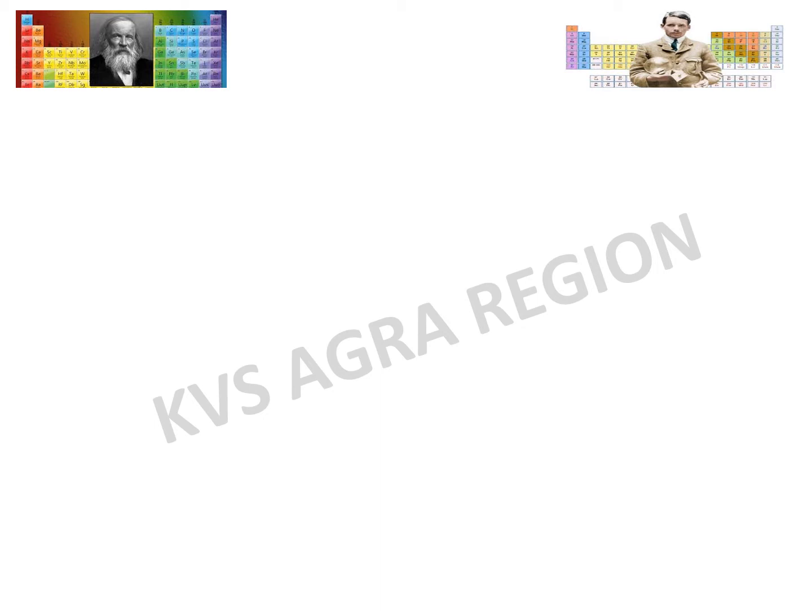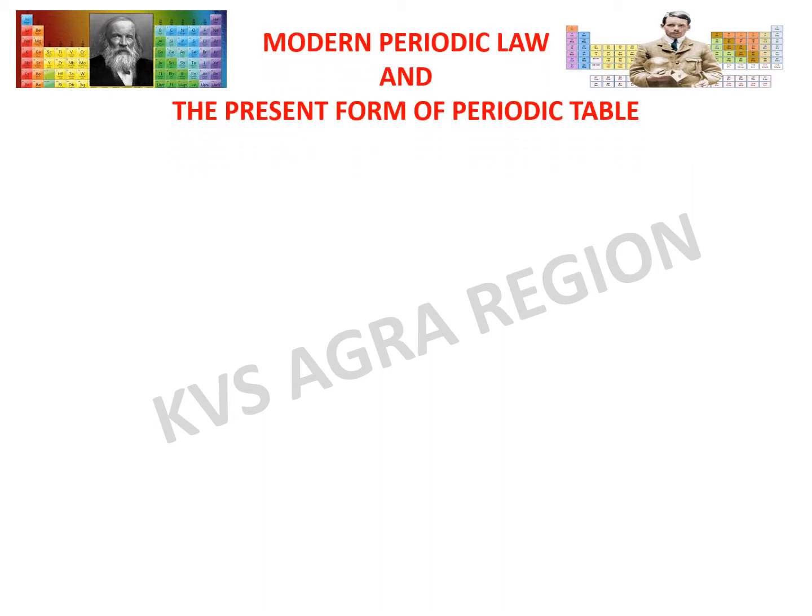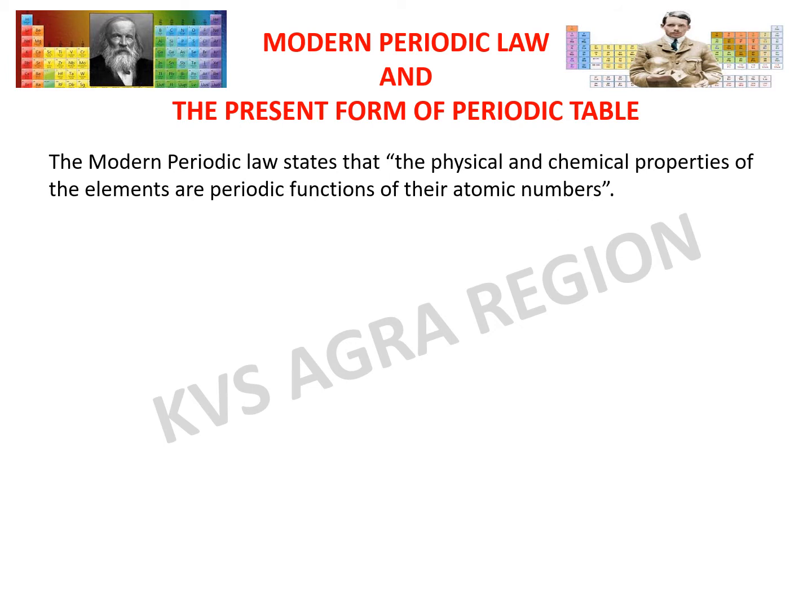He could remove some of the anomalies of Mendeleev's periodic table by taking into consideration atomic number as the fundamental basis for the properties of elements. He formulated the modern periodic law and the present form of the periodic table. The modern periodic law states that the physical and chemical properties of the elements are a periodic function of their atomic